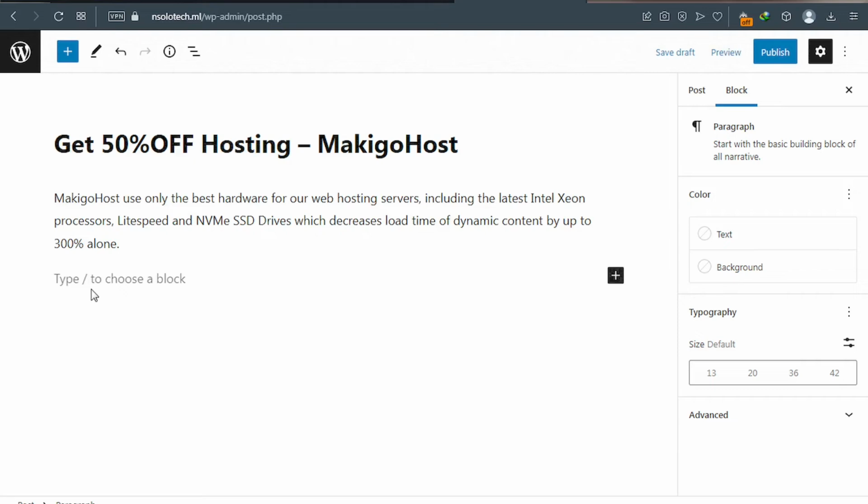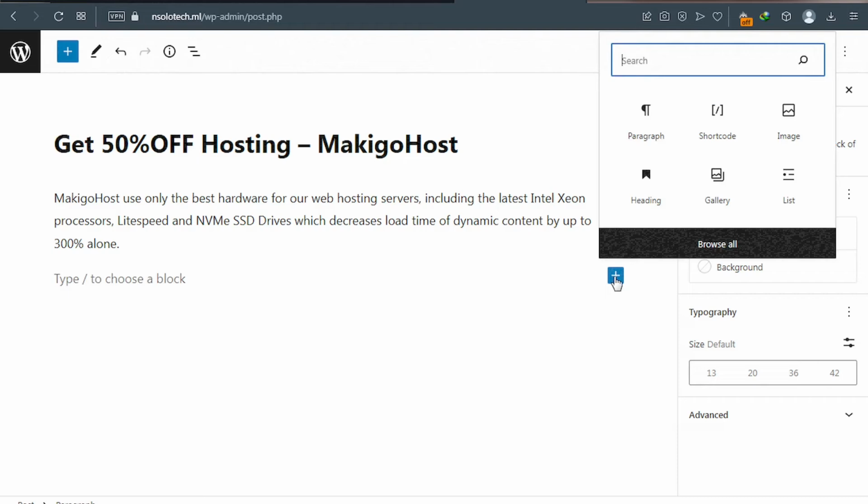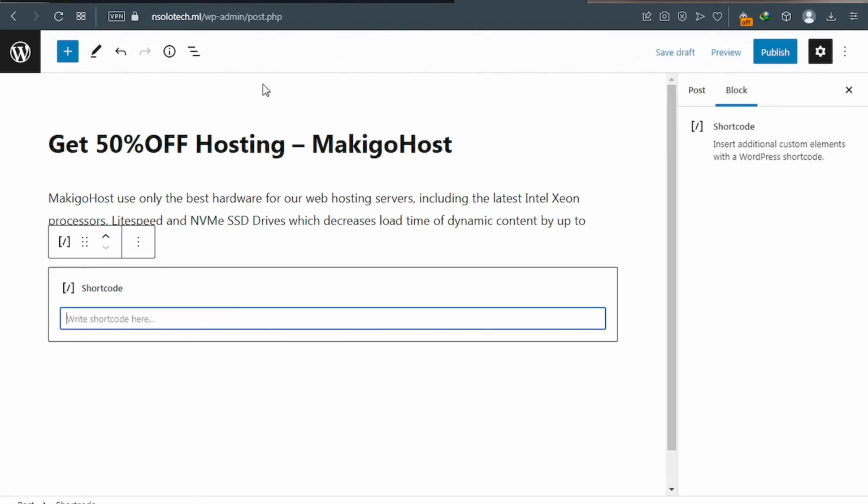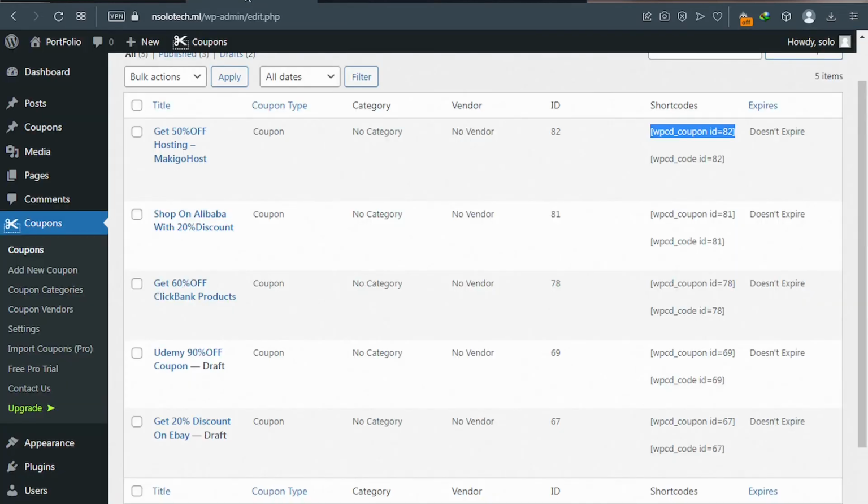Good. Now to your right, click on this plus to add a block and then click on shortcode. If you cannot find this, type it on top here and it will display. So click on shortcode. Perfect. Now let me take you back to the coupons area. Good. Now we will have to copy this exact shortcode. So you copy it,